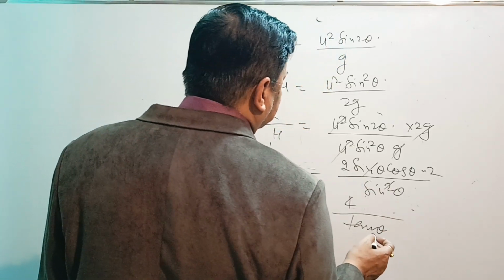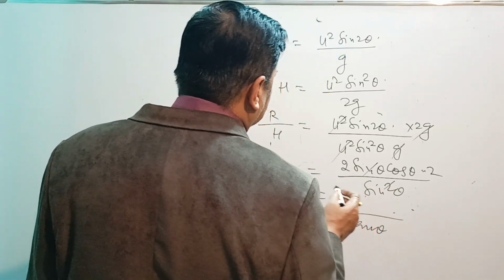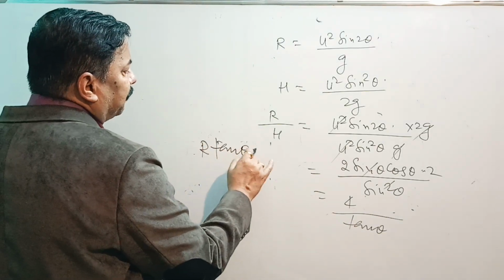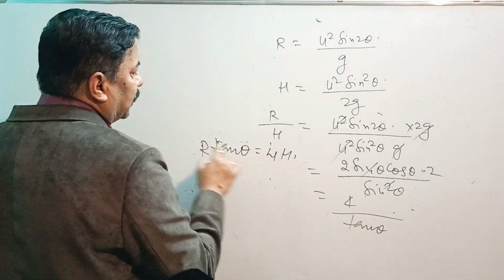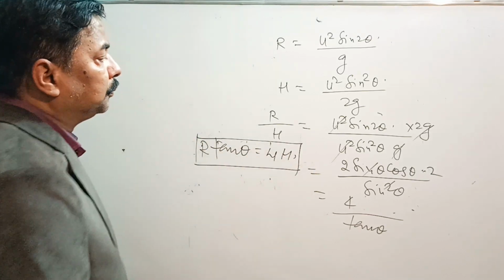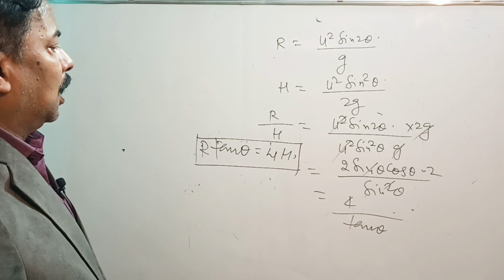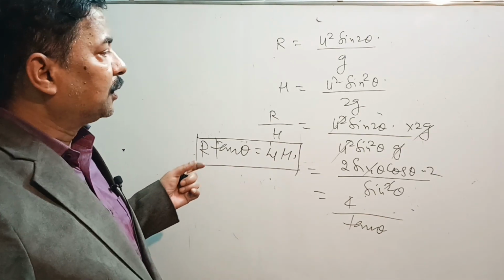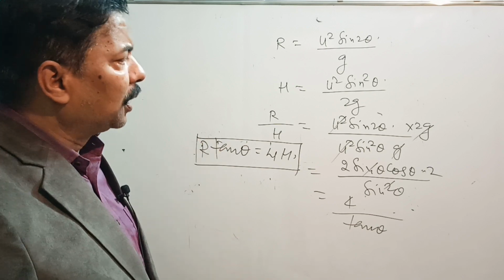So what we are getting is R tan theta is equal to 4h. This relation is also helpful in solving many numericals in a proper way. We will solve a few numericals also